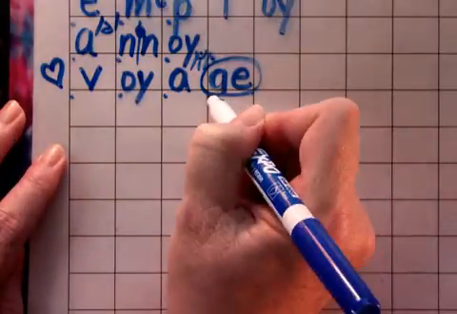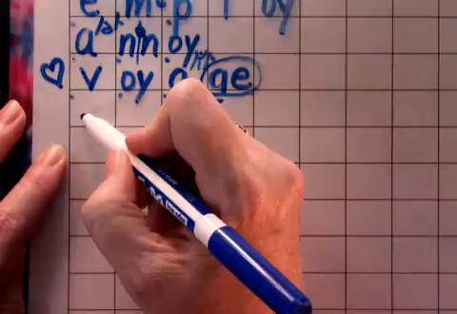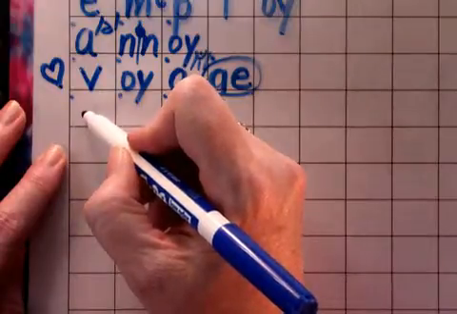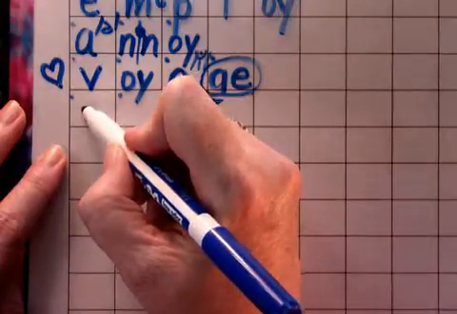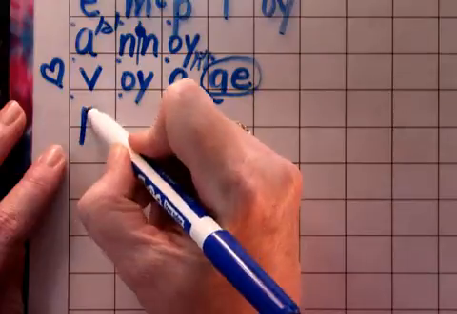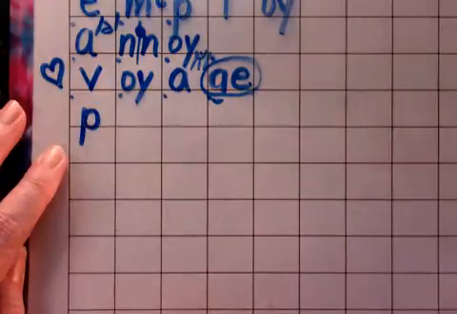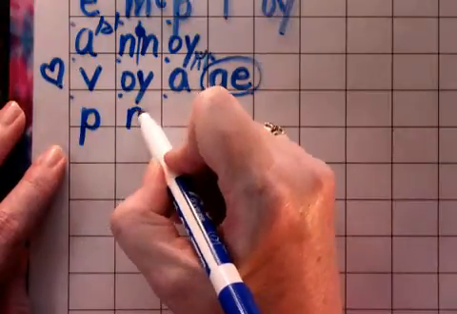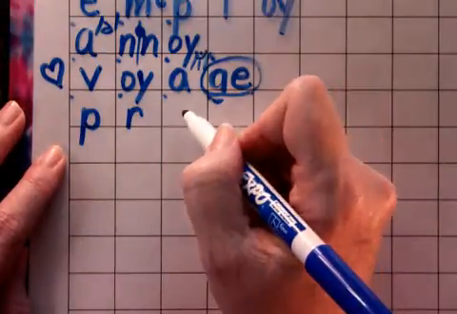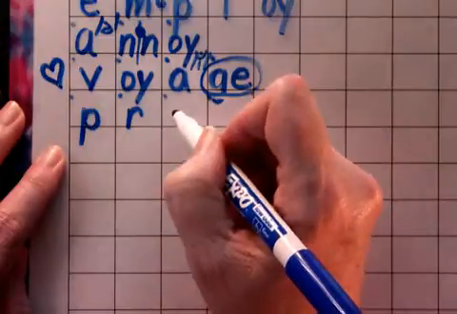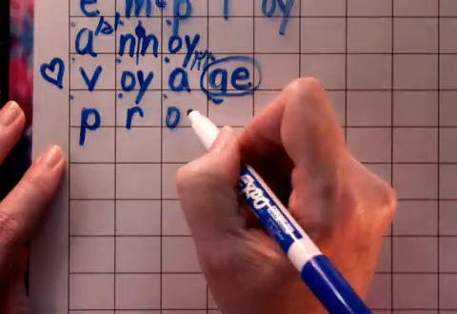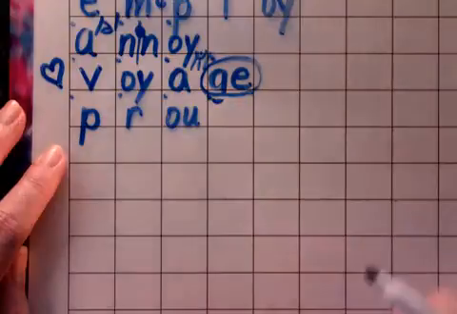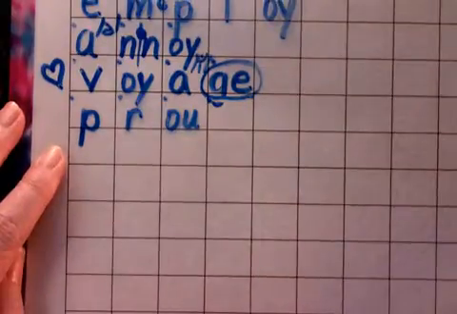Ow, d. The first sound is p. My lips are closed, I pop the air. Lips are closed reminds me the line is first, and then the bubble sits on the writing line. The next sound is r, it's the R. Ow, not at the end of the word, it's in the middle, so it's spelled OU. It goes in one box, it's making one sound.